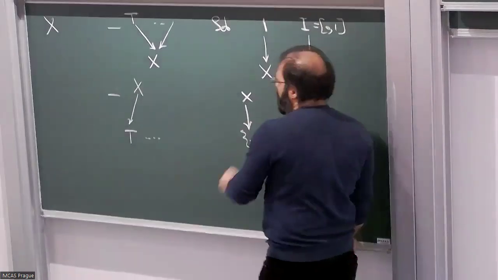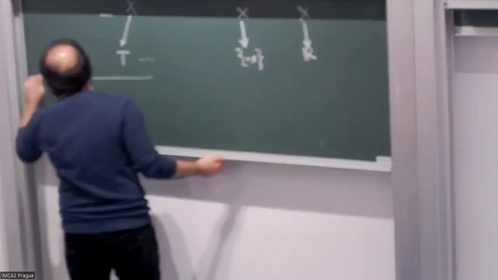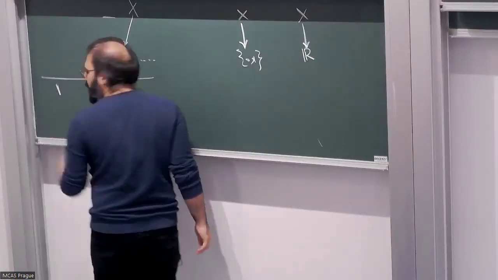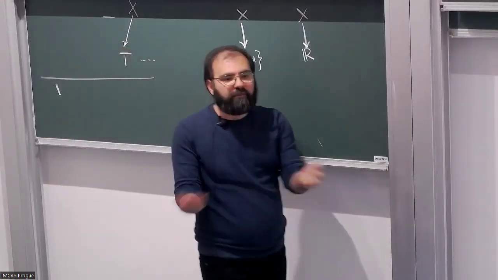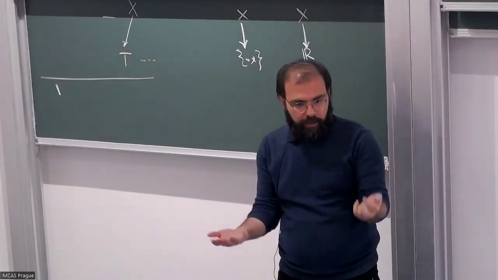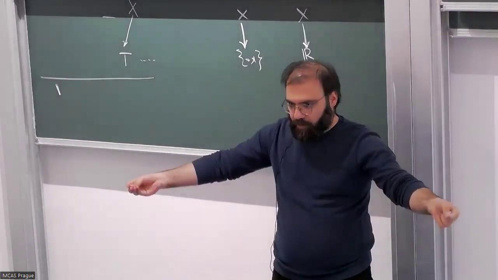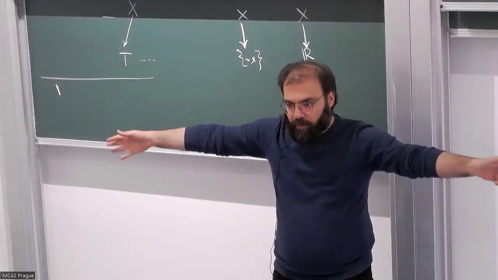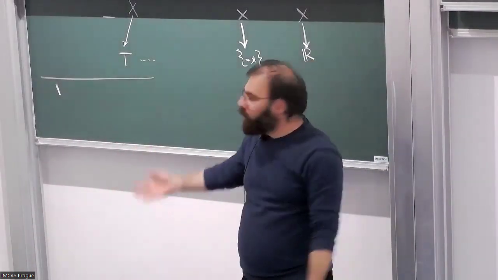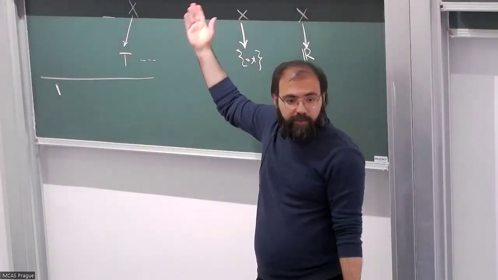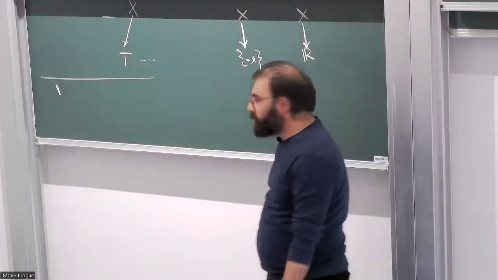So these guys, okay, let me put it here. So if your category has 1, and it is possible that you don't have 1, right? It's possible that the category has no 1. Like if you have a poset without any bound, you have no initial, no terminal. So these structures are not given. Sometimes they exist, sometimes they do not.